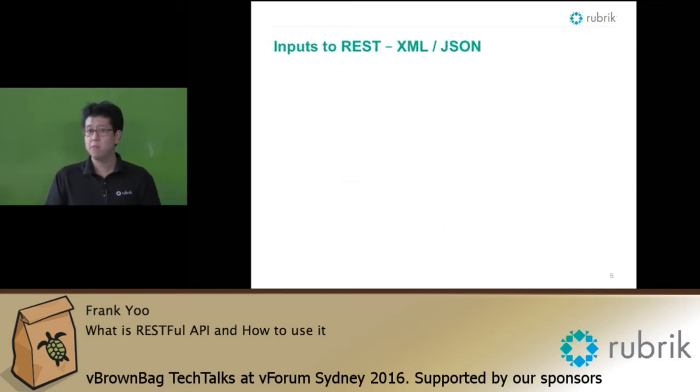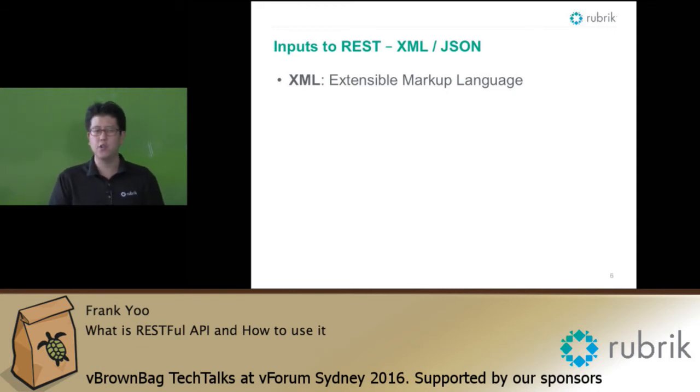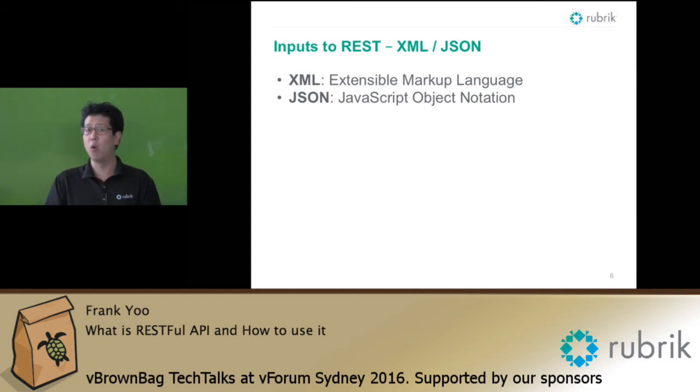There are some inputs to the RESTful API. There are two main inputs that are used in general. XML, or the extensible markup language, is one of them. A lot of people tend to not use that these days because it is slightly older, clunkier, and of course there are different ways of putting parameters into the XML inputs. More people, or at least the general public these days, are relying more on JSON, which is